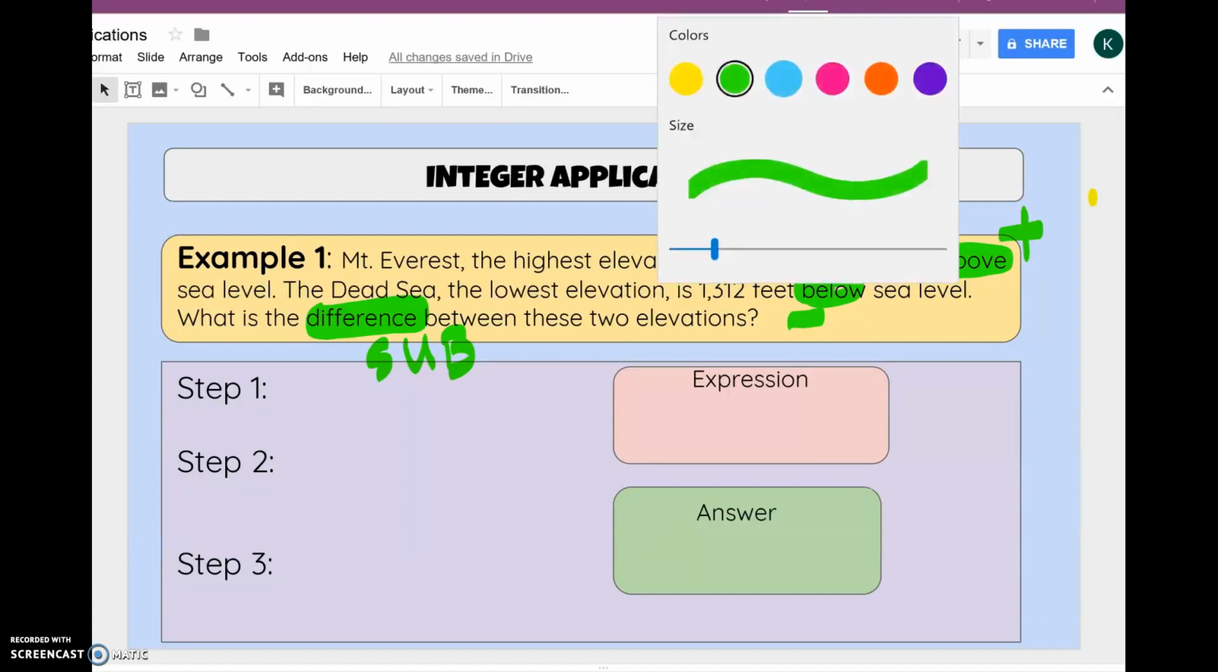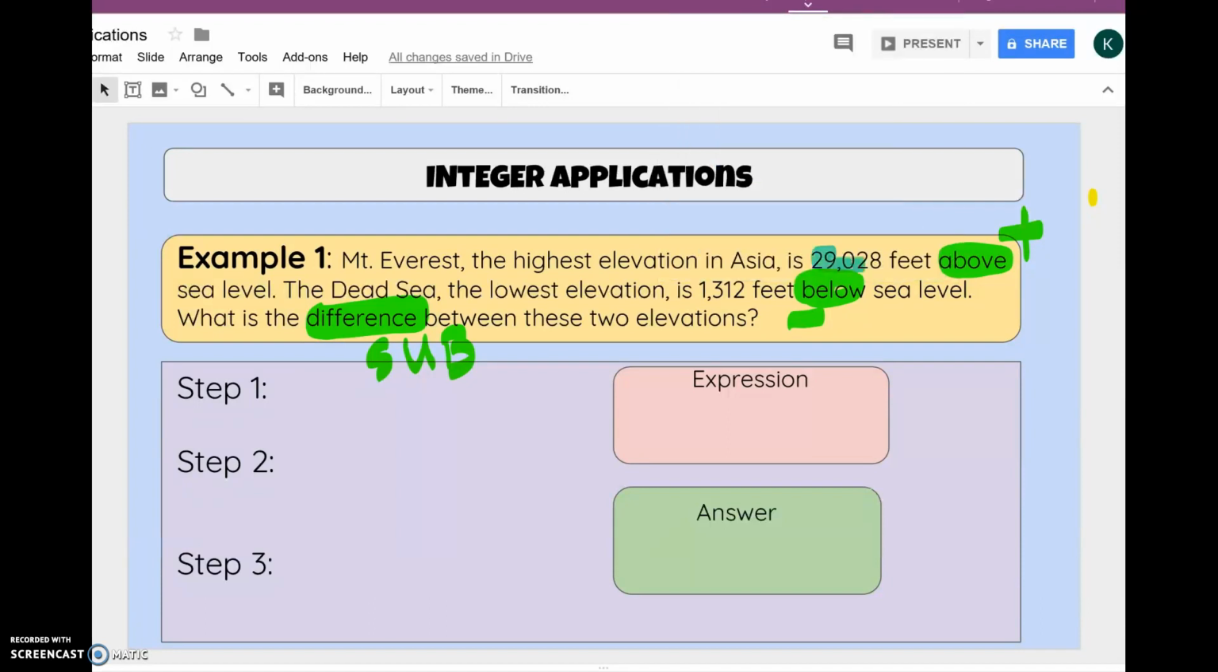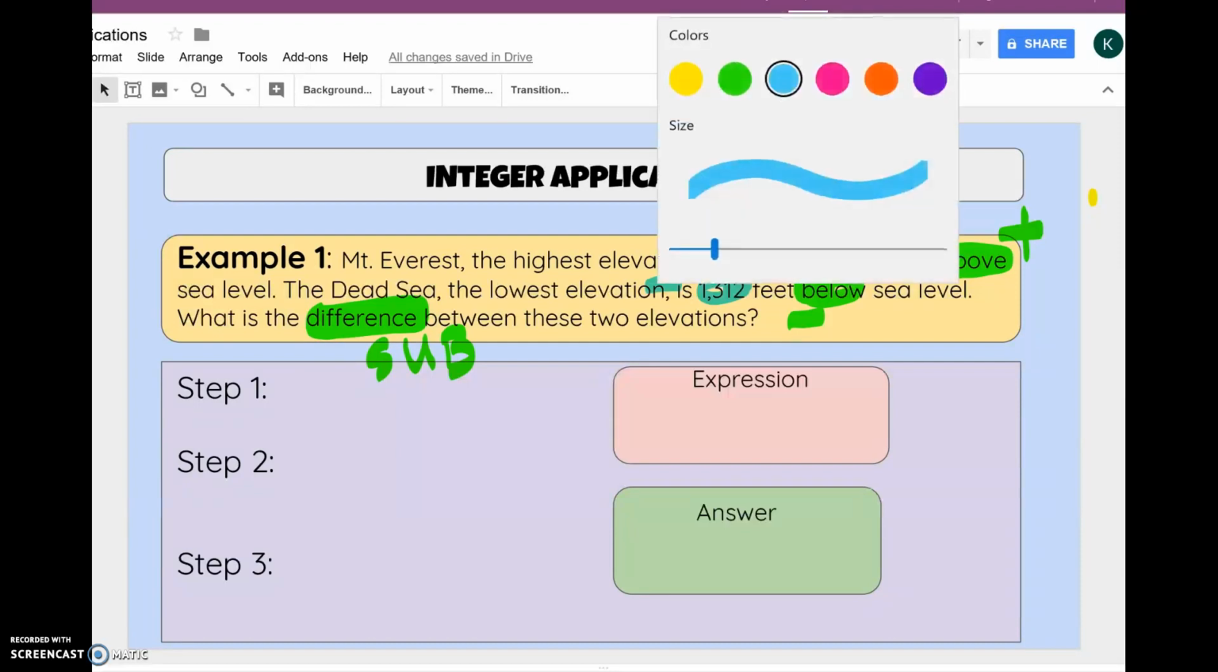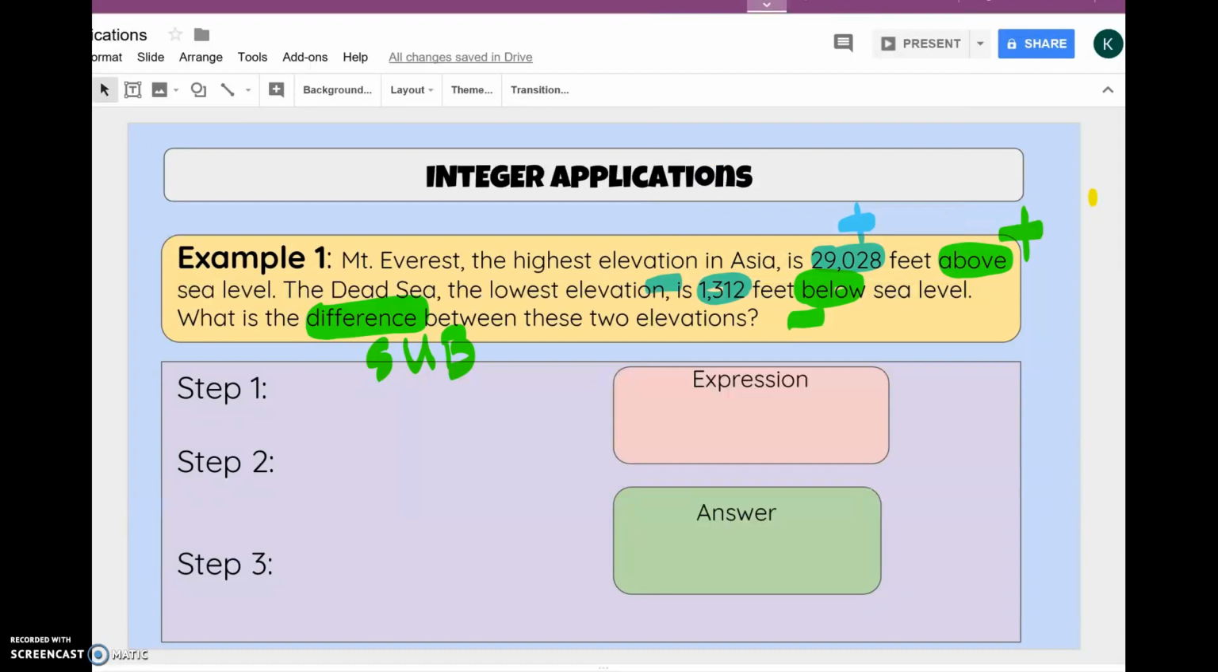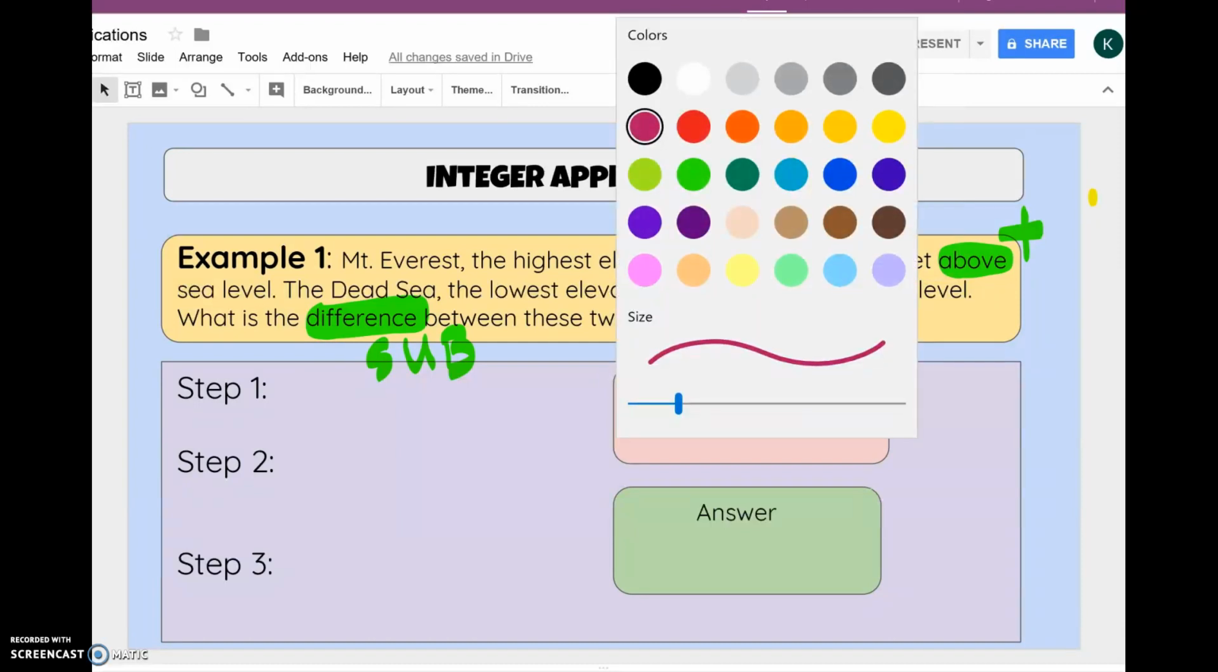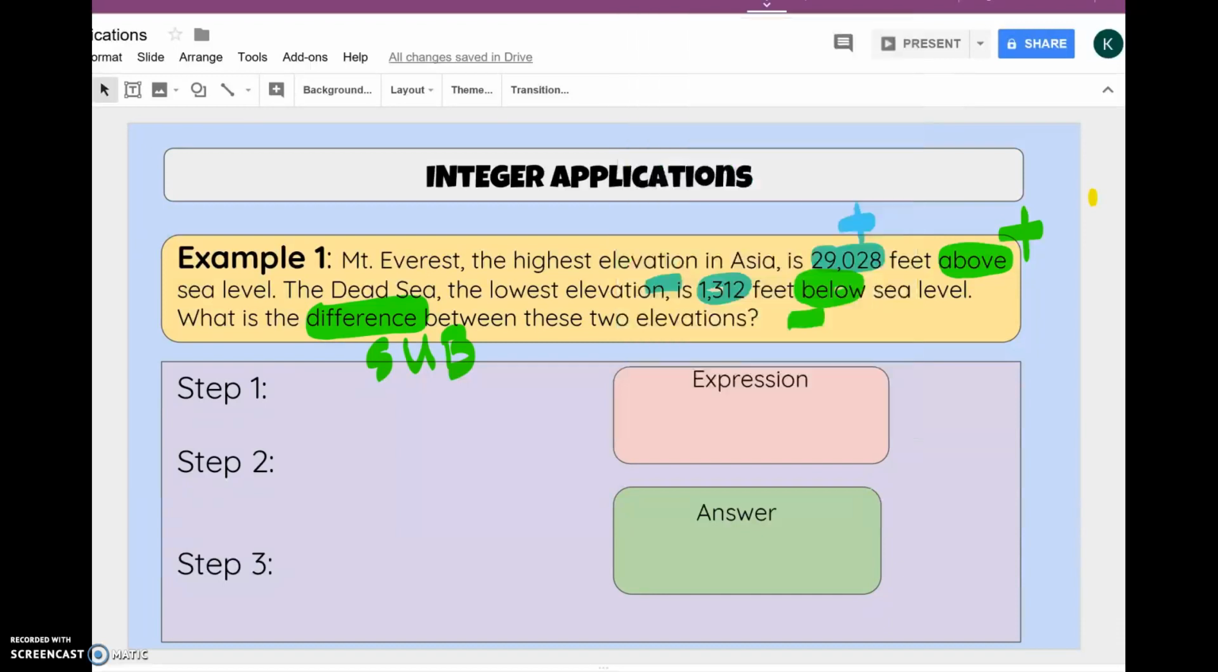Okay, so there's a couple other things I want to highlight. I know this 29,028 feet above sea level is important, and our 1,312 feet below sea level is important. So if I'm trying to find the difference between these two numbers, I need to subtract them. So the first thing that I'm going to do is come up with an expression. If difference tells me to subtract, that means I need to find the difference